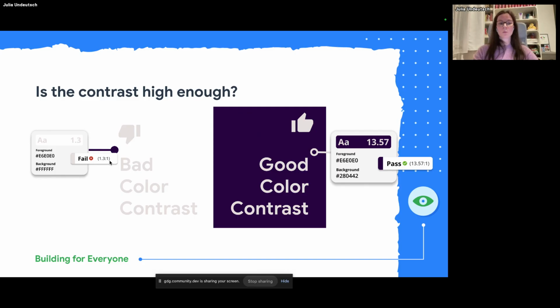It has 1.3 to 1. And the minimum contrast you need to at least fulfill the requirements is 4.5 to 1, which we get here. And so we are even over AAA.